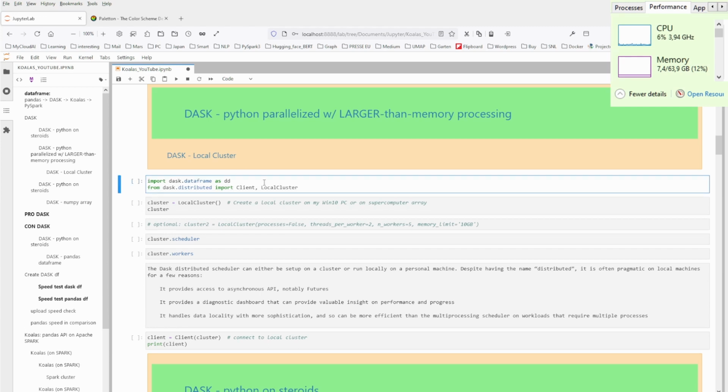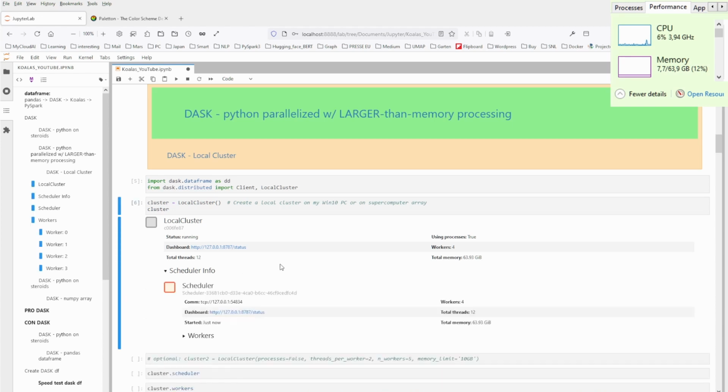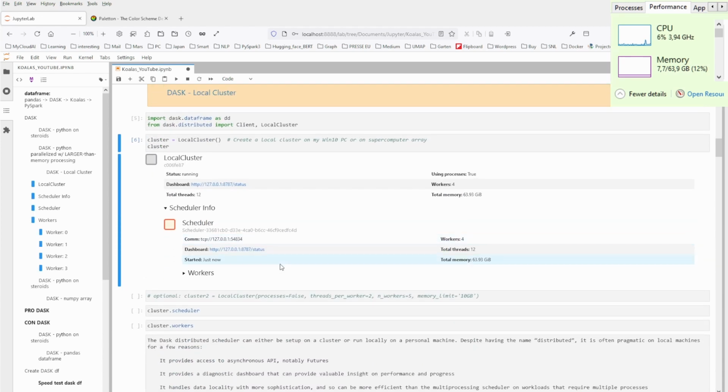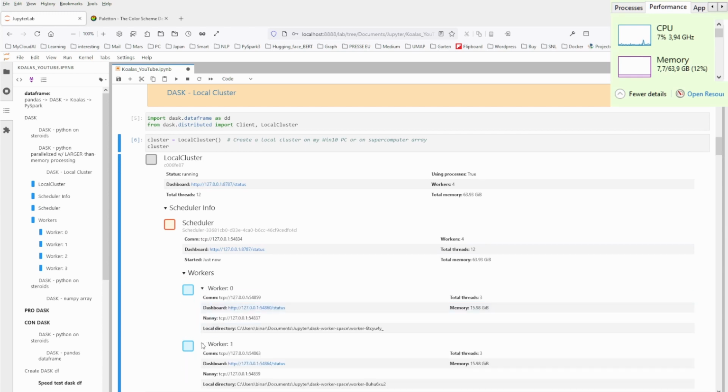I choose here a local cluster. I am working on my Windows 10 machine at home. It's a PC. And as you see, with 4 lines of code, we have automatically set up Dask. At first, we have a scheduler and 4 workers. And as you can see here,